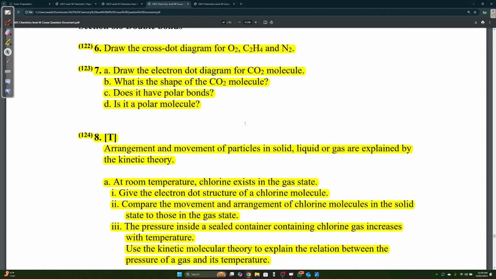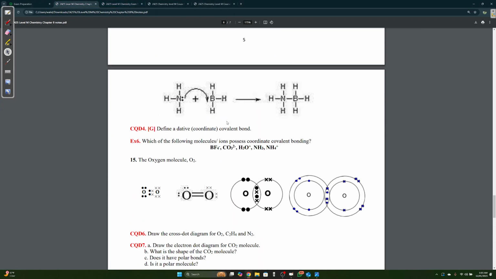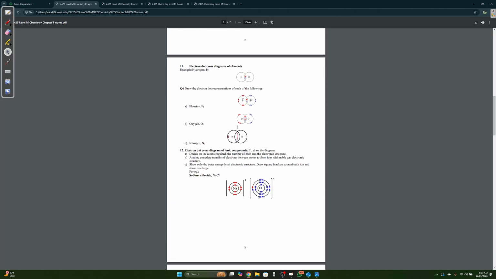Okay, draw the electron dot diagram for carbon dioxide. What is the shape? Does it have polar bonds? Is it a polar molecule? This is where I'm going to start with the electron diagram, and then we're going to come to polarity later. We're going to do the shapes first. The shape wasn't really mentioned in the notes,